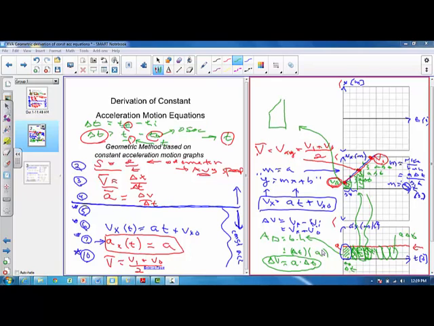And the question is, how do I calculate the area of this trapezoid? Because we know the area of this trapezoid is going to give us our change in position in the graph above. So the question is, how do we do that? Well, there's a simple way to do this. It's probably just to split it into a triangle stacked on top of a rectangle. So let's just take these areas and add them up. So this rectangle has a base that's equal to delta t. The height of this, if you look down below,